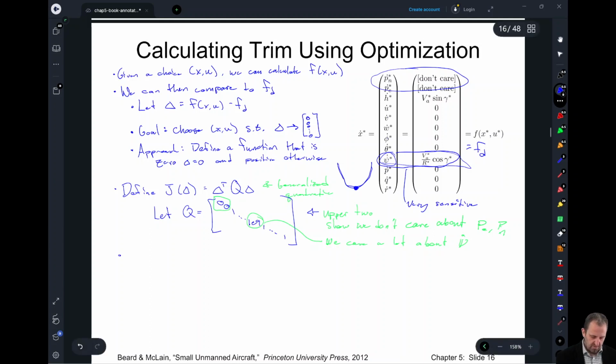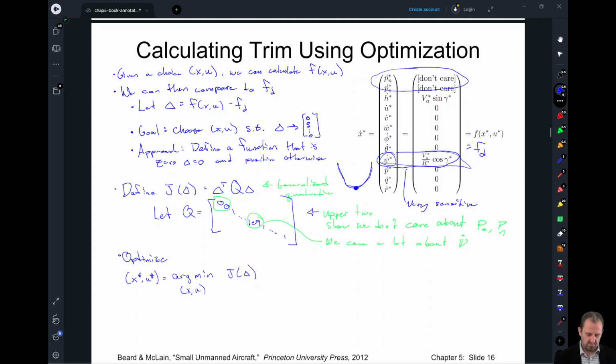We'll optimize, and we'll say that our x star u star is going to be equal to the argmin, so the resulting parameters that cause the minimum, of j of this delta, where delta is defined in terms of x and u. And we have delta defined right here,